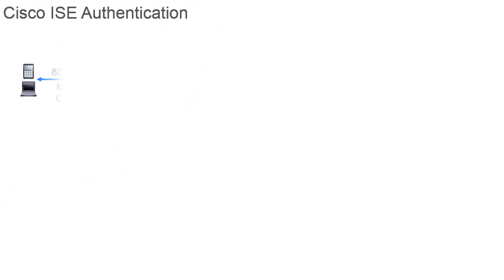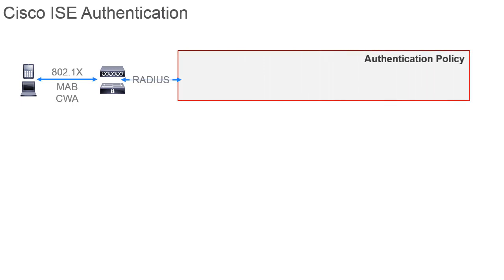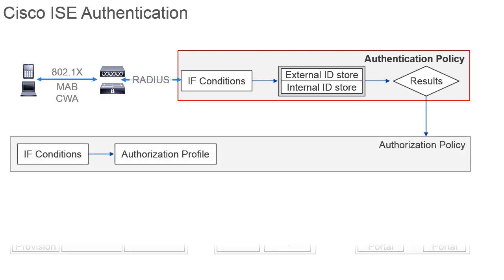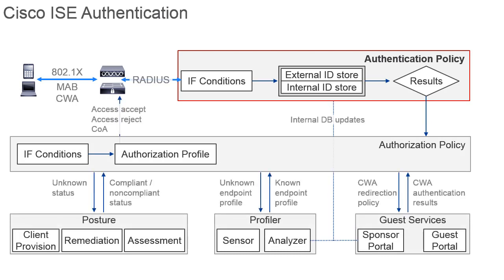Users use some method to connect to a network access device, which engages the authentication policy. Cisco ISE evaluates contextual information related to this connection and compares this against the authentication policy conditions. When it finds a match, a particular ID store is selected, or a sequence of stores are chosen. User credentials are checked against this identity store. Invalid credentials result in a failed authentication, access denied. Valid credentials result in a successful authentication. Then, the authorization policy is processed, along with the other services as shown here. But for now,